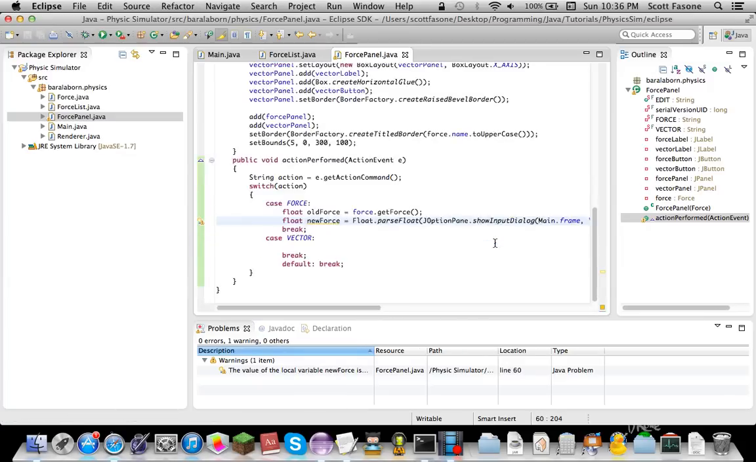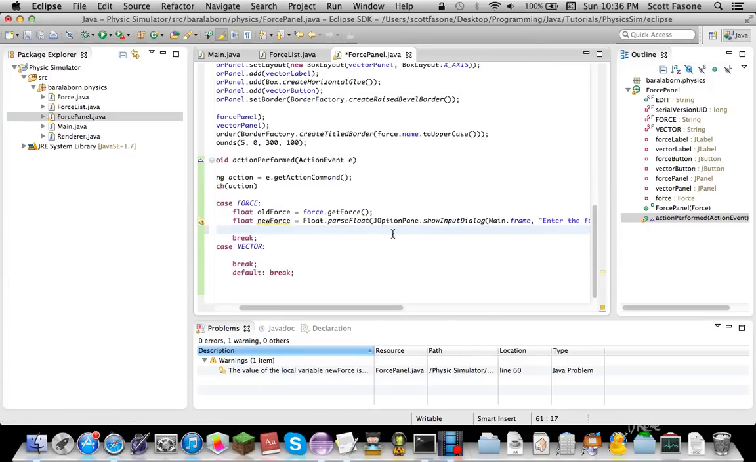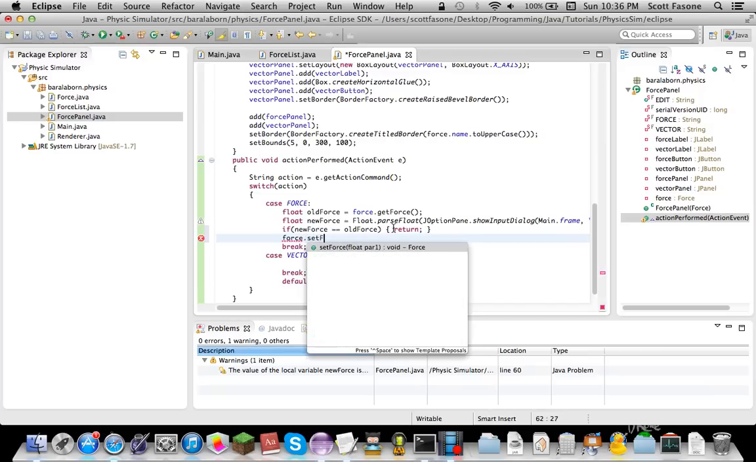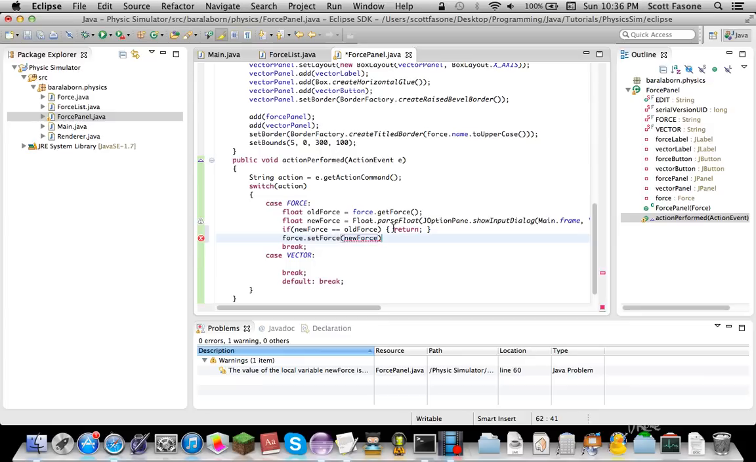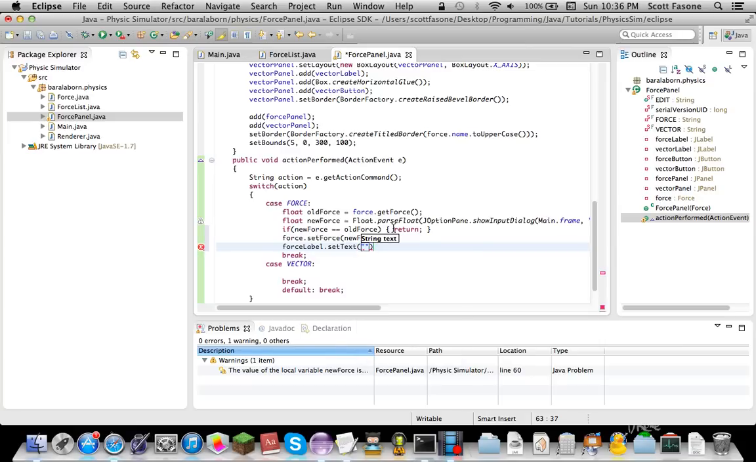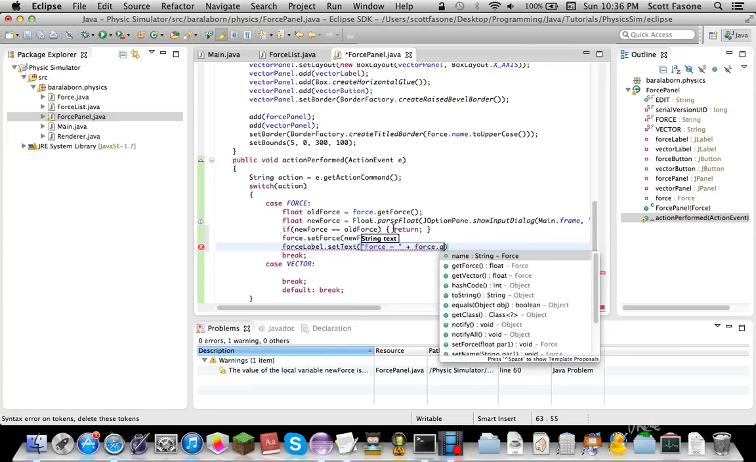Another very long thing, but just for the convenience of the end user. This won't do much at all, but it'll do something. Basically, if it equals the same as before, just return, don't do anything, we don't care. Another thing, we'll do force dot set force, new force, and then just to make sure all the information is updated, we'll do JLabel dot set text, same thing as before, plus